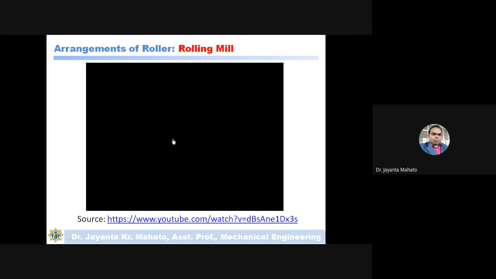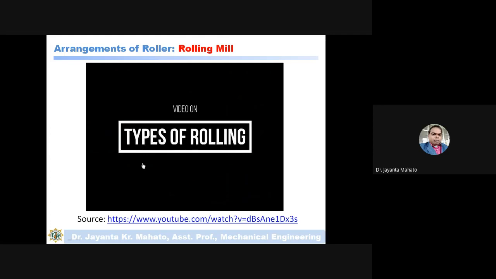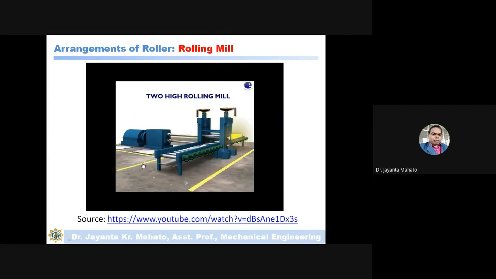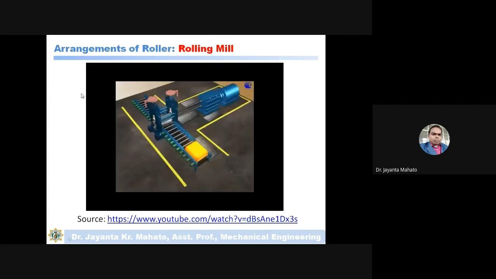So just look, see the different types of rollers used in industry. Okay, this yellow color is actually the material, the slab. This material is passed through different rollers, and these rollers move automatically for giving the automatic feed.